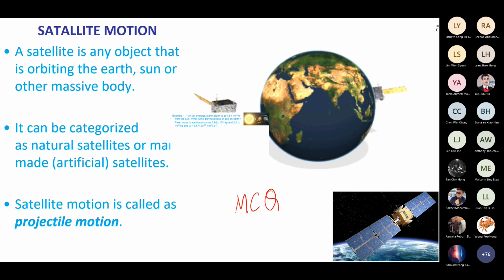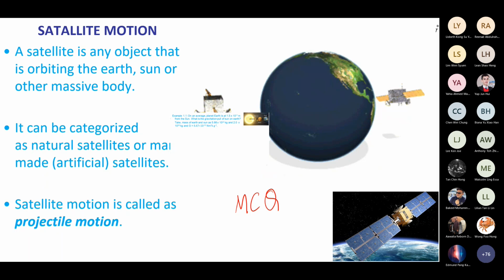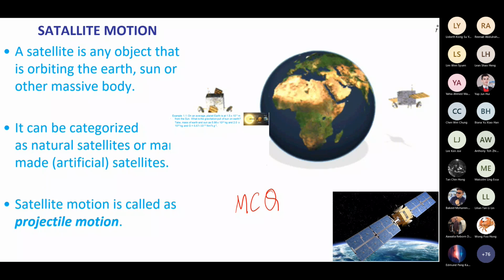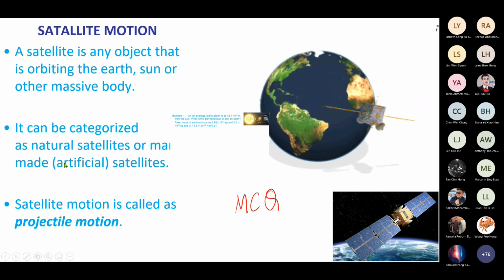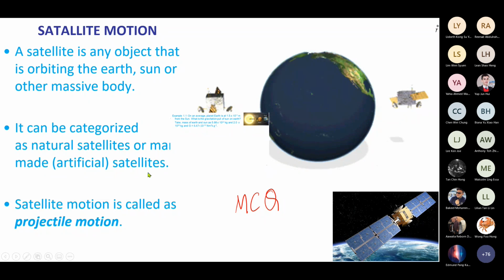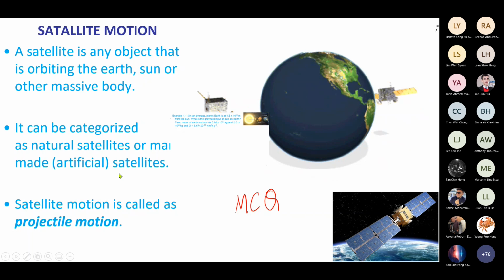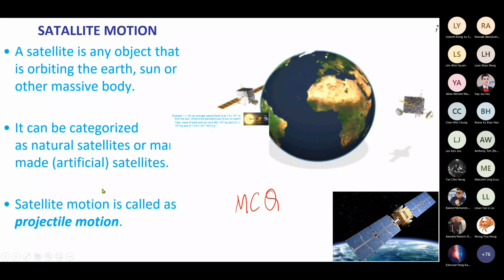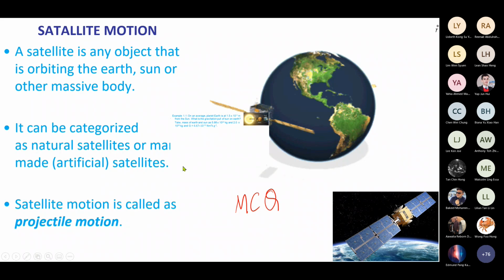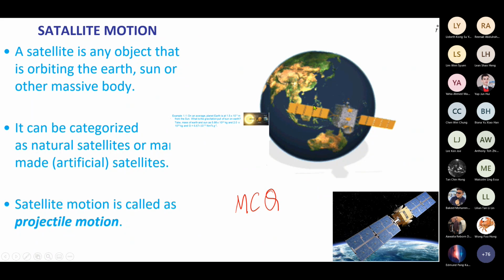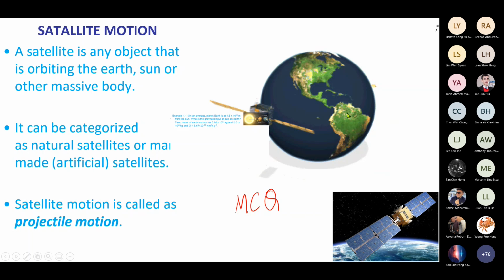Last time we did, I will review later what quantities we calculated and what we are going to do. Satellites can be categorized as natural satellites or man-made satellites. Both are in orbit due to the physics we are learning today. We already learned centripetal force, right? The force with which it acts towards the center when it is in rotation.